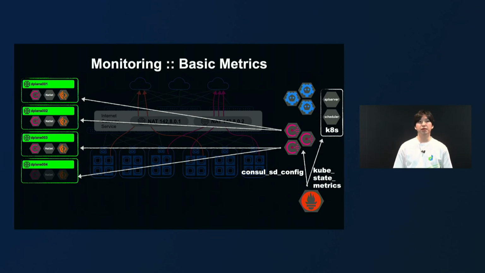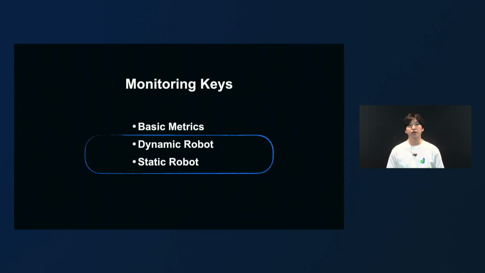First is monitoring basic metrics. We simply adopt 2 patterns. The one is to monitor metrics by integrating to console, and the other is to use Kube state metrics. I can say that this is a very simple monitoring design. In addition to that, our Internet Gateway service also runs external monitoring by employing two robot concepts to monitor automatically